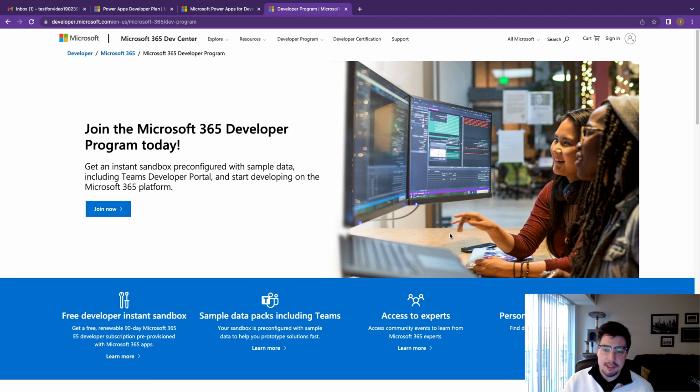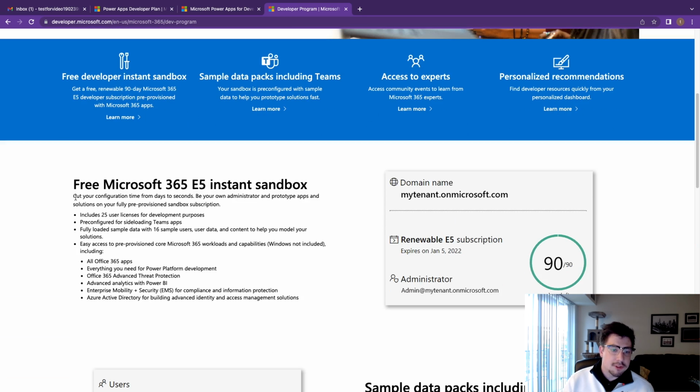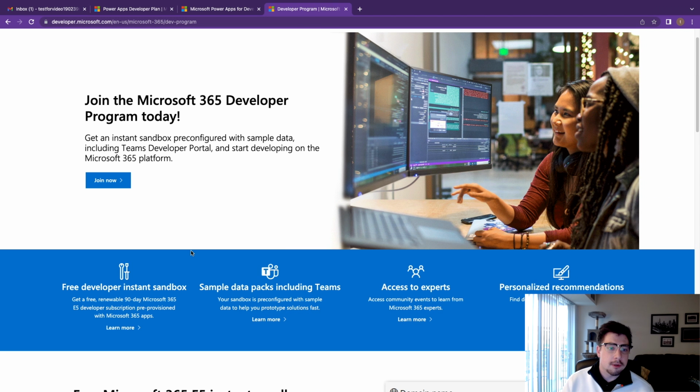And again, we can see what we get. We get access to Teams, a free developer instance sandbox, all this stuff here. I'll make a separate video about this at some point, but right now I just want to keep it simple and short on how to get set up with Power Apps. So if we go to join now,